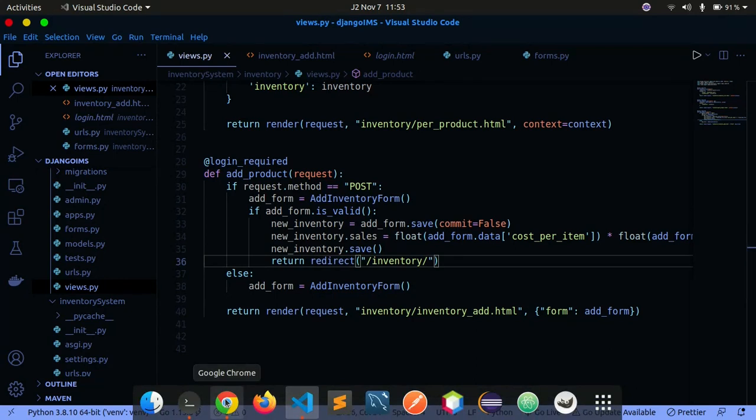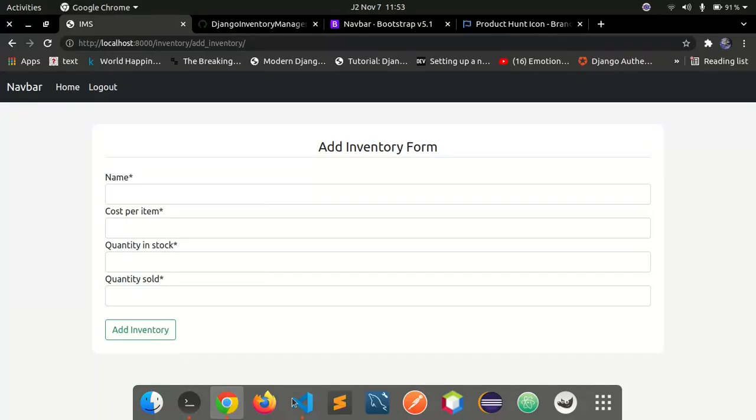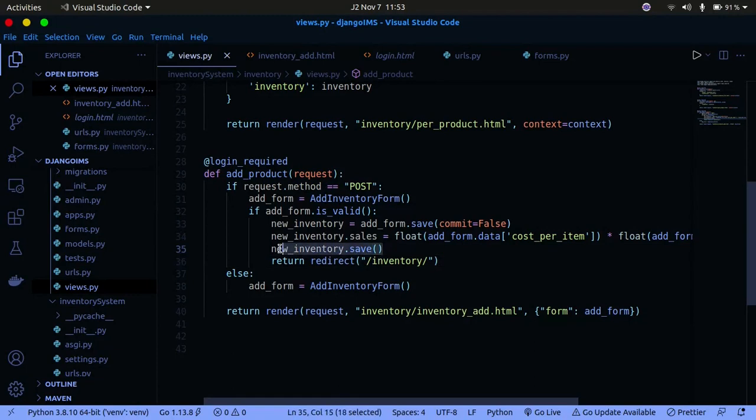Yeah, that's what we need to do. And let's see. You are saving the database, and then you are directing the user to the /. So we have simply said save, and then you have said commit equals false, because we don't want to commit this to the database yet, because we want to update some fields here. So that's why you have said commit equals false,